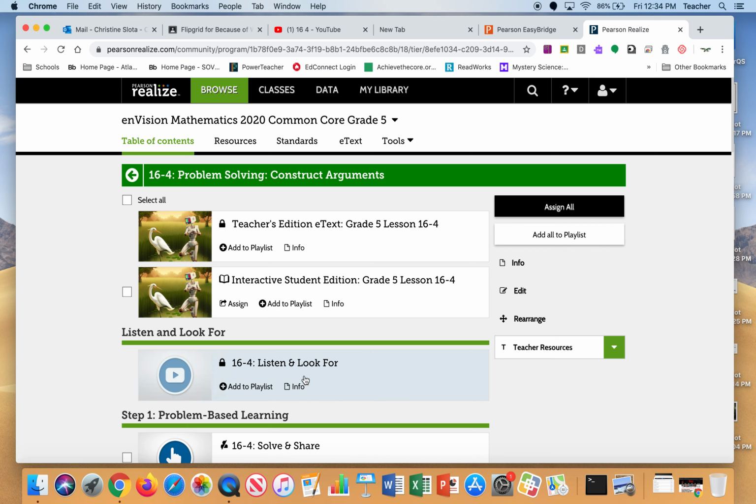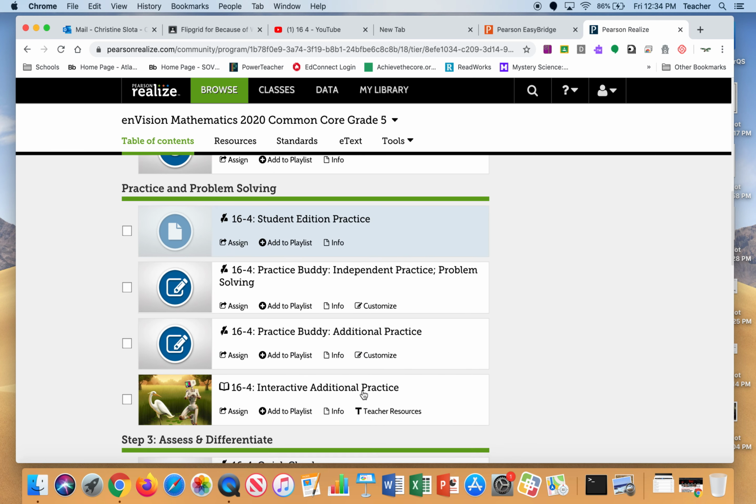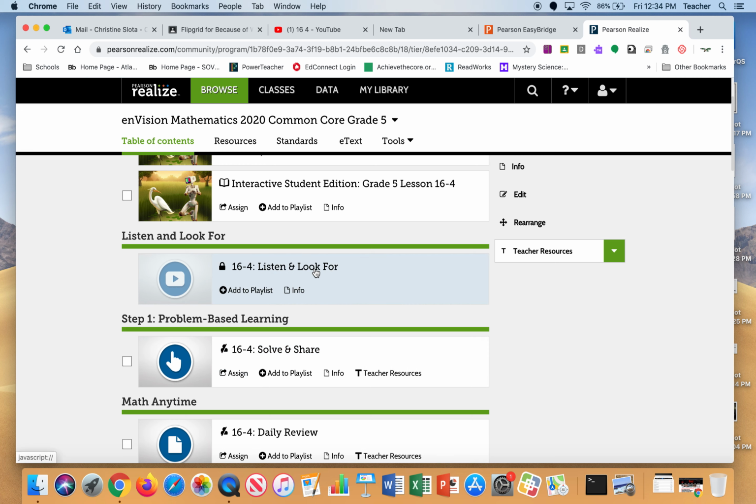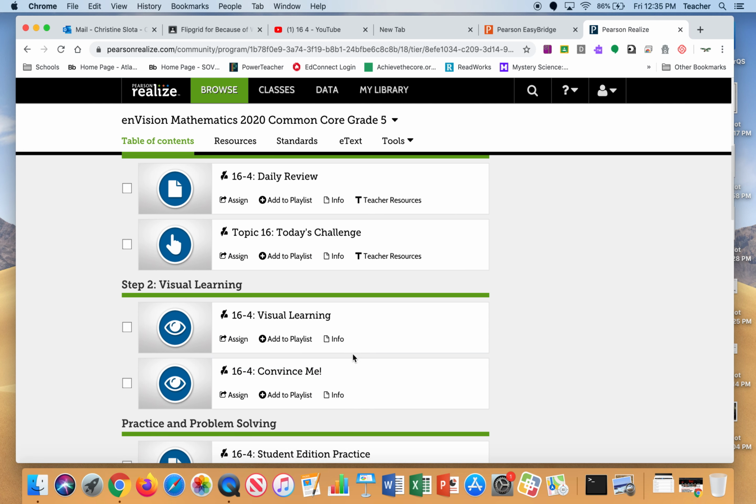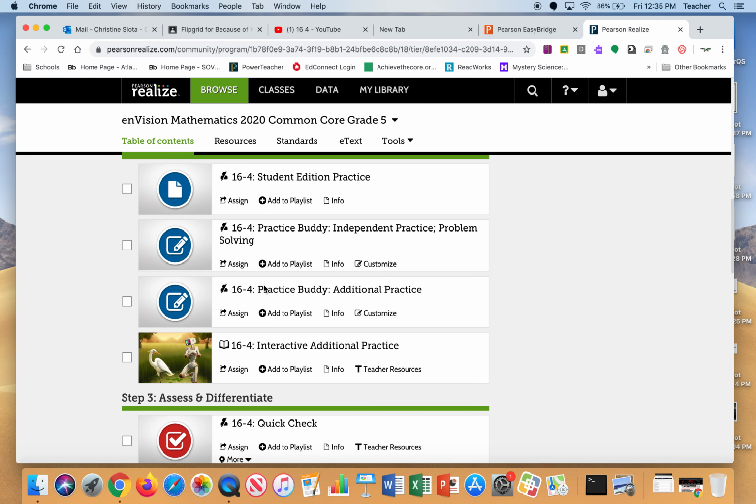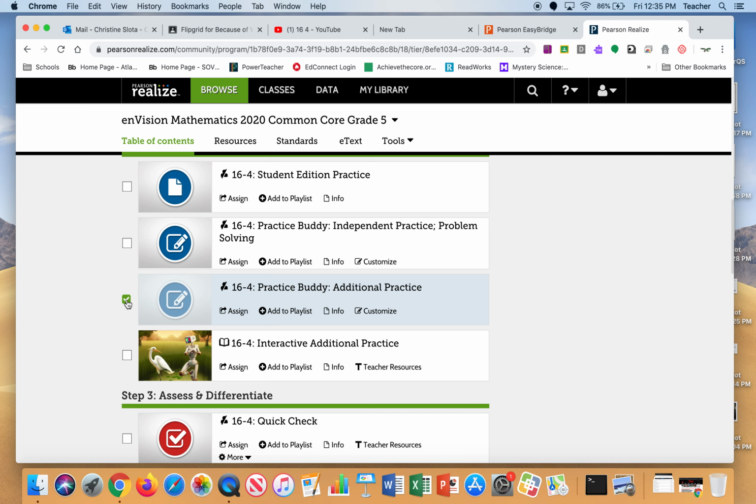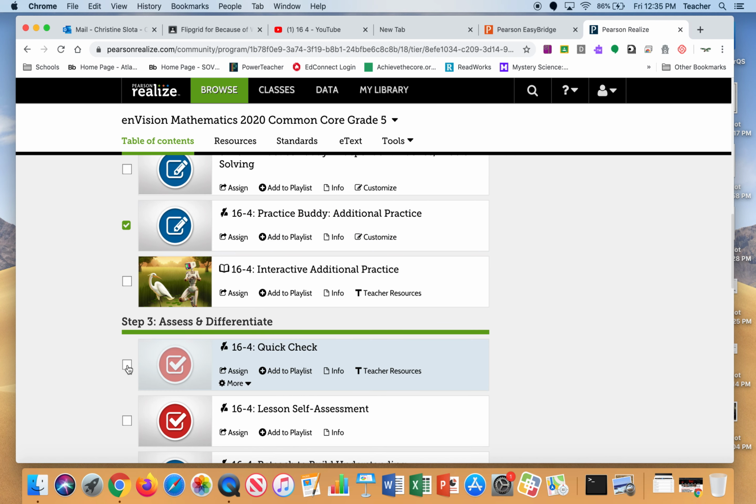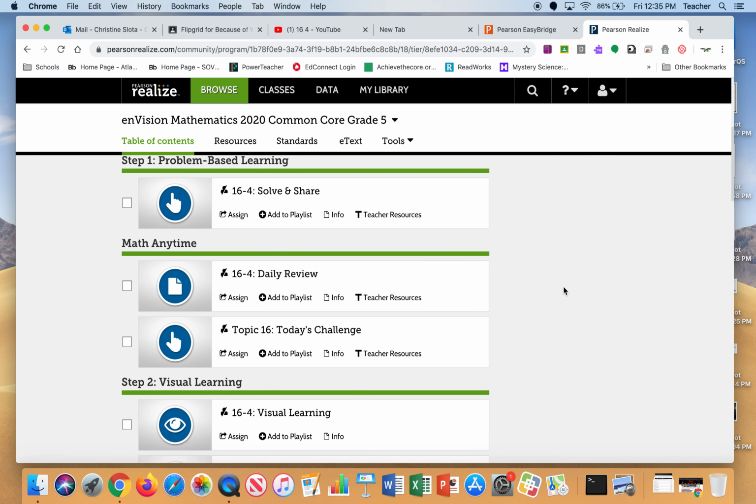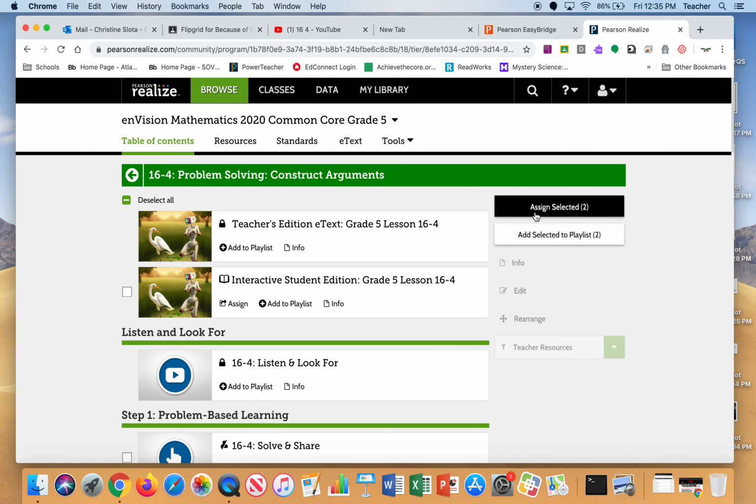Here you'll see all of your activities that you can assign. And instead of just clicking here on what you want, I'm going to utilize these boxes over to the left. So I want them to do the additional practice and the quick check to assess. Both of those are checked and green. So I'm going to come over to the right hand side, scroll back up, and you'll see where the black bar says assign selected, and it says I have 2 activities selected. So I'm going to click on that,